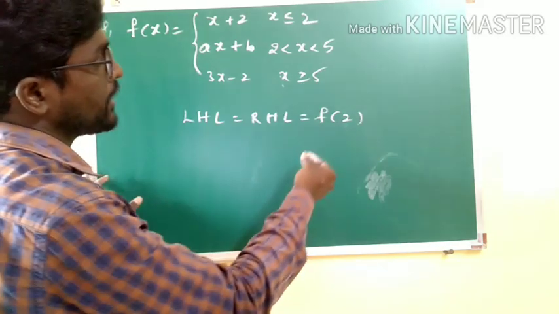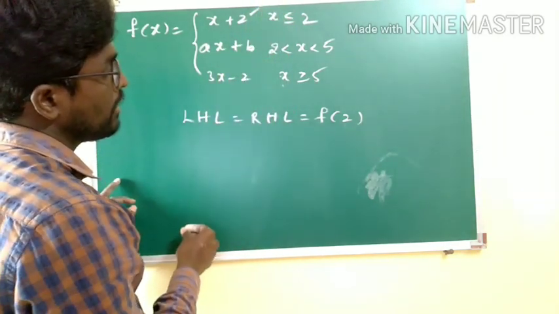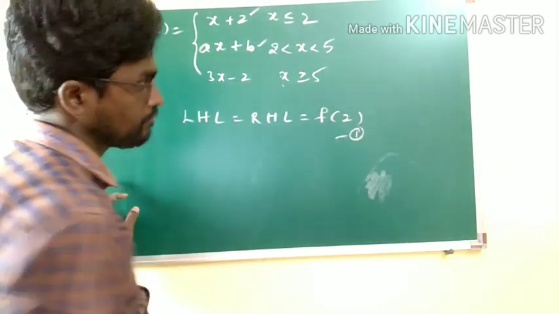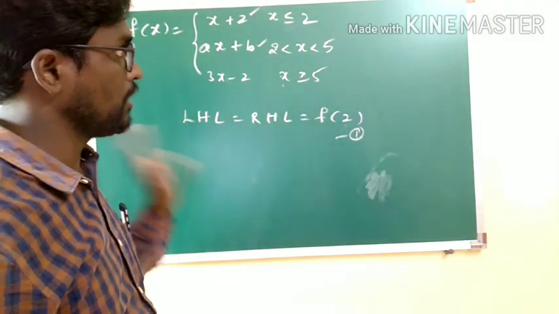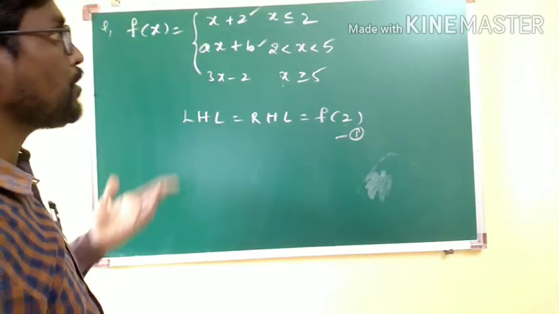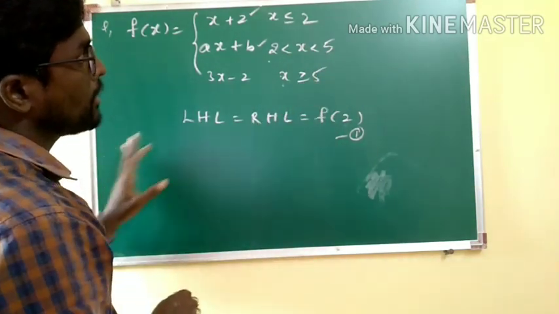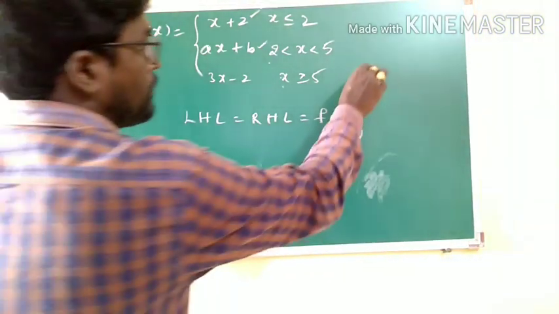At 2 you are calculating, so for 2 minus which function will you take? This function. And for 2 plus, which function? This function. So this is case 1. You will be getting linear equations on solving. And then go for f of 5. I am taking the extreme points 2 and 5, because the function is going to be continuous in the interval closed 2 comma 5.